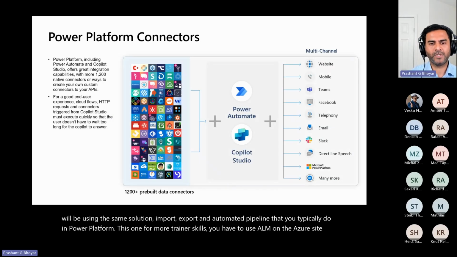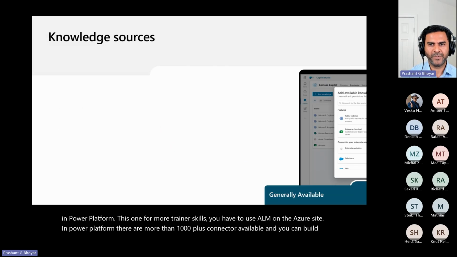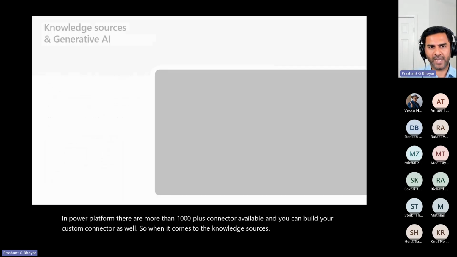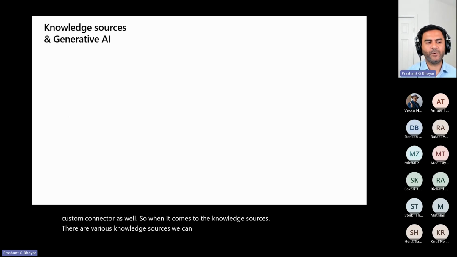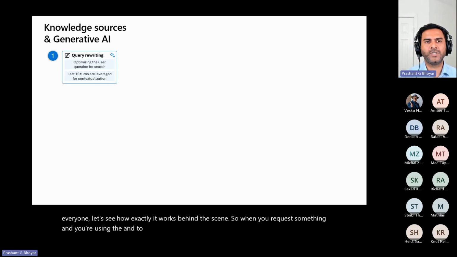In Power Platform, there are more than 1,000 connectors available, and you can build your custom connector as well. When it comes to knowledge sources, there are various ones we can add. But before you start exploring each and every one, let's see how exactly it works behind the scenes. When you request something, you are using the knowledge sources